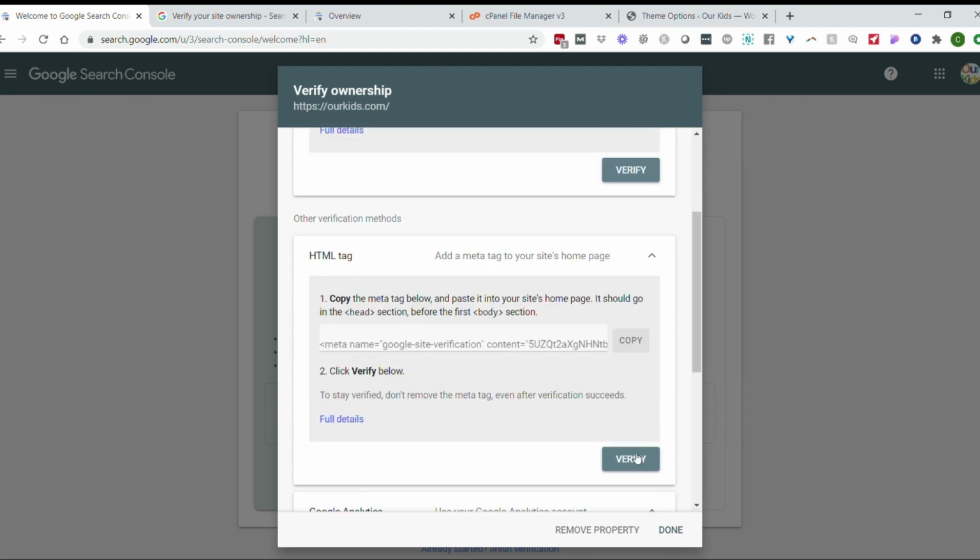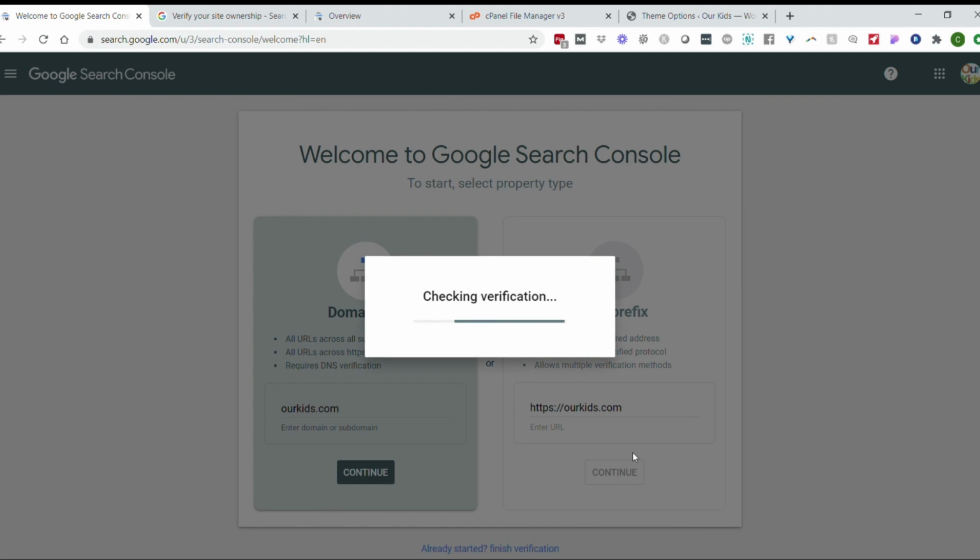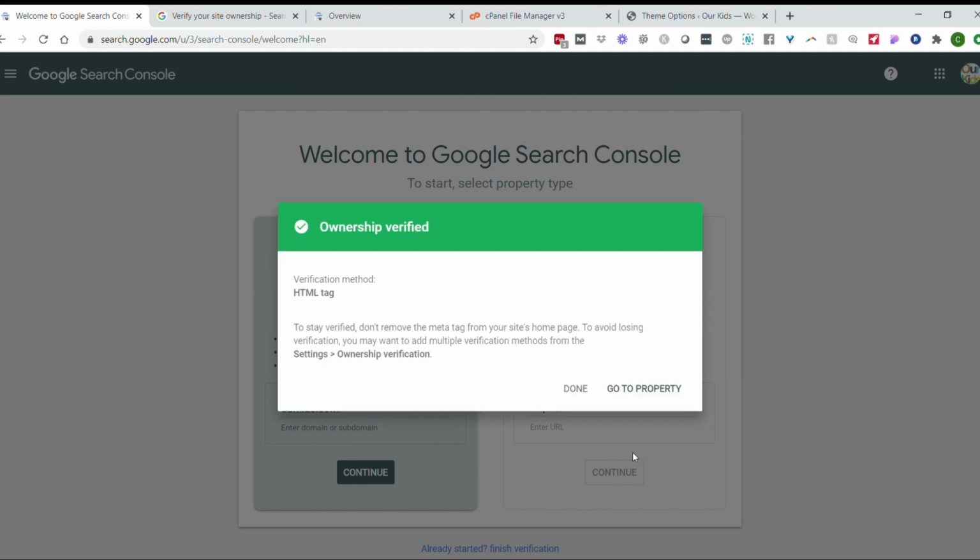So since I added this in, I'm going to go ahead and click verify. So just go ahead and choose the option that is easiest to you. If you feel overwhelmed by any of this, if you need to get someone else to do it for you, it literally will take them a minute to log in and do it, so you can get this done very inexpensively. So now, as you can see, ownership has been verified using the HTML tag,